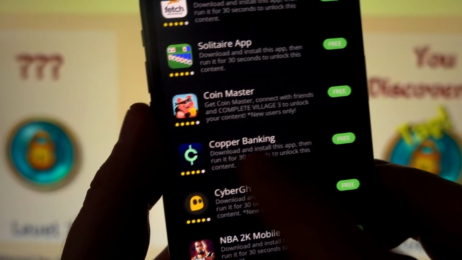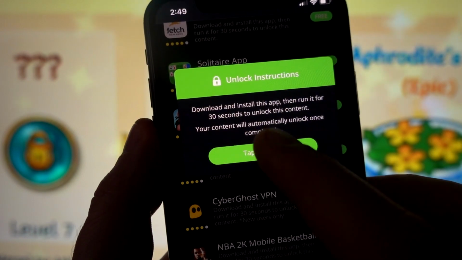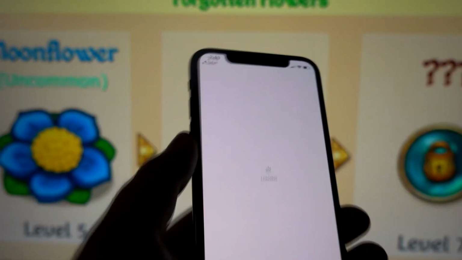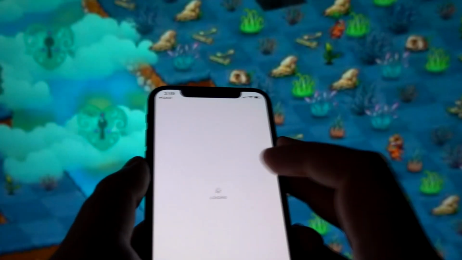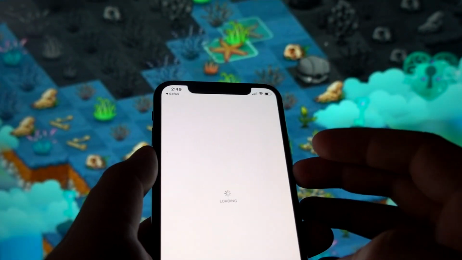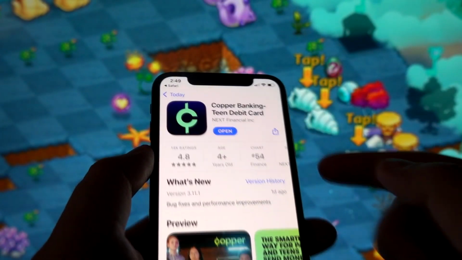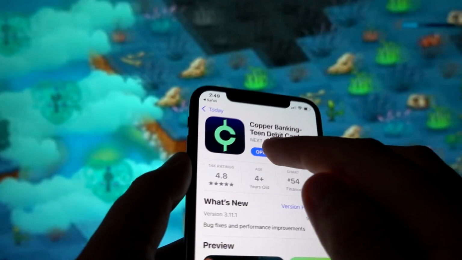So Copper Banking is over here. It says download it, install it, and run it for 30 seconds. Now these apps are downloaded from the official source, so they're 100% safe to use. And as you can see, I have it already downloaded on my app store. Just hold on a second. You'll be able to see it, and it's taking time. My internet is going lazy. Sorry for that. Okay, as you can see, I have it installed,